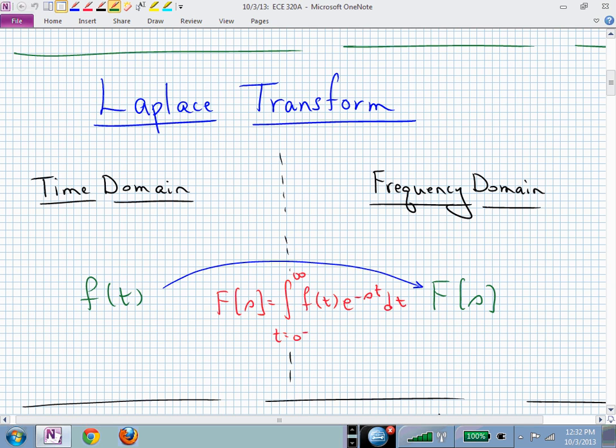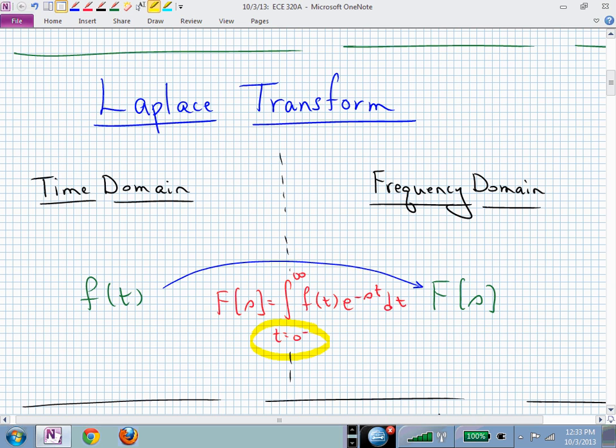That's the definition of the Laplace transform, and that allows us to map these signals in the time domain, f of t, into a compact representation in a different form, but it's now giving us that information in the frequency domain. And because we're dealing with the single-sided Laplace transform, which is really